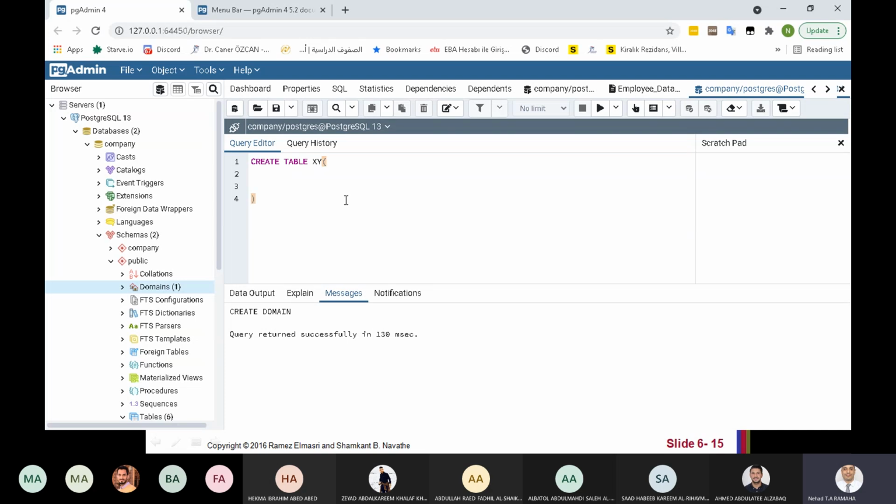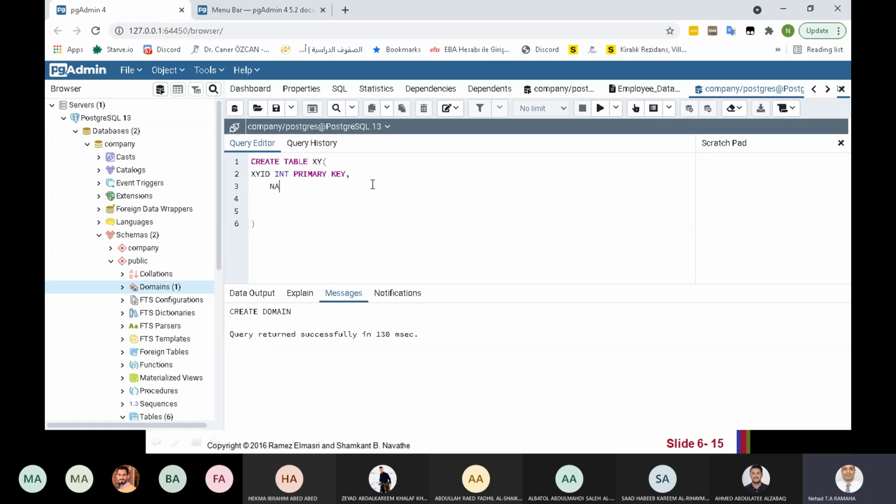Okay, now we can start to create attributes. For example, ID as integer, primary key. Now I'm creating a table named XY. Then I have an attribute, let me name it XY ID, of type integer, and it's a primary key.